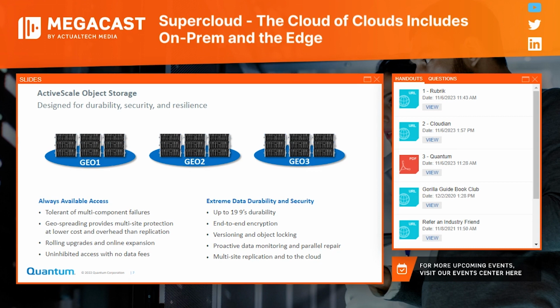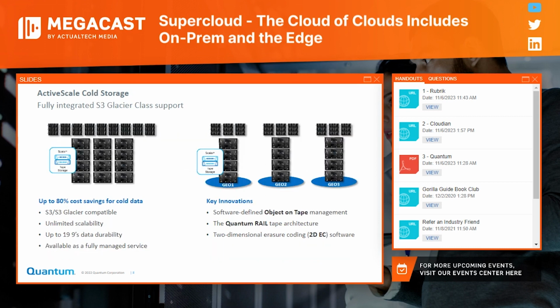In addition, there's a variety of security features in the system for end-to-end encryption, versioning, and object locking, characteristics that you're familiar with if you've used cloud storage in the past. And it also provides the best of both worlds: we do support replication between ActiveScale systems and replication to a cloud target. So there are opportunities to both preserve your data on-prem and then even replicate it to the cloud as a resource and data copy of last resort, for example.